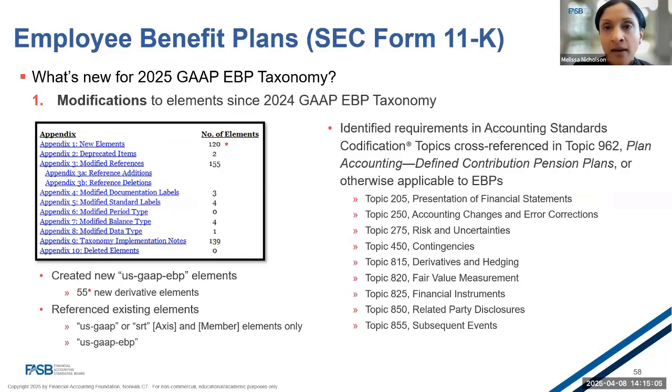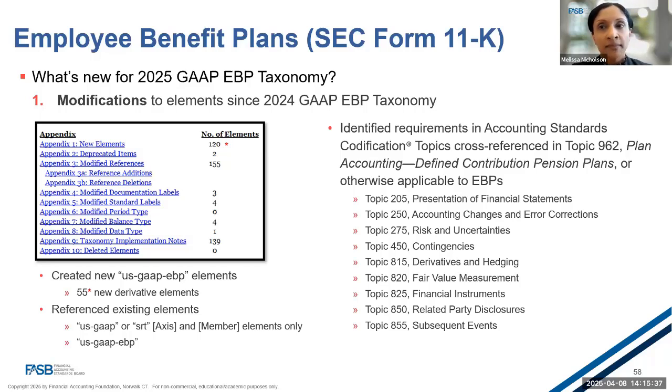So for the first slide, for the first file for modifications, this contains the modifications to the elements that were made since the 2024 GAAP EBP taxonomy. And they include, as you see listed here on the left, we've added new elements, we've referenced existing elements. And these elements have been made available for tagging those requirements in the codification that's cross-referenced in topic 962, which